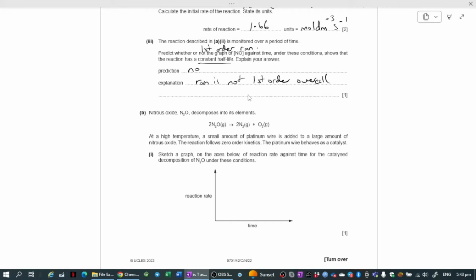Now, if the reaction follows zero order kinetics, it means therefore that the concentration of the N2O has no effect on the rate of the reaction, which means therefore that our reaction rate will be constant, and a constant reaction rate would be seen by a straight line like this, a horizontal line like this. There's a constant reaction rate with respect to time, which would indicate a zero order,